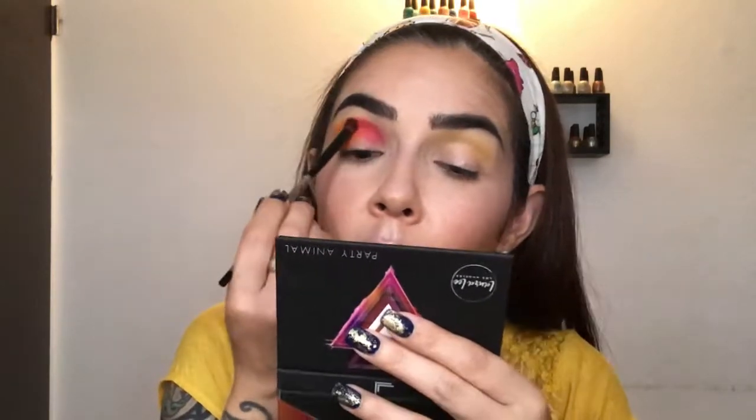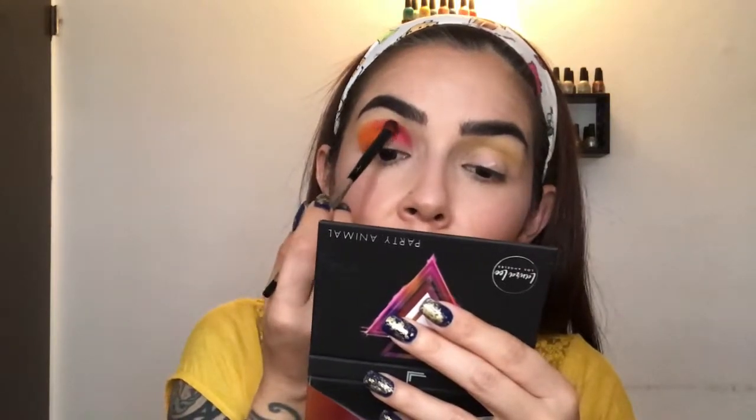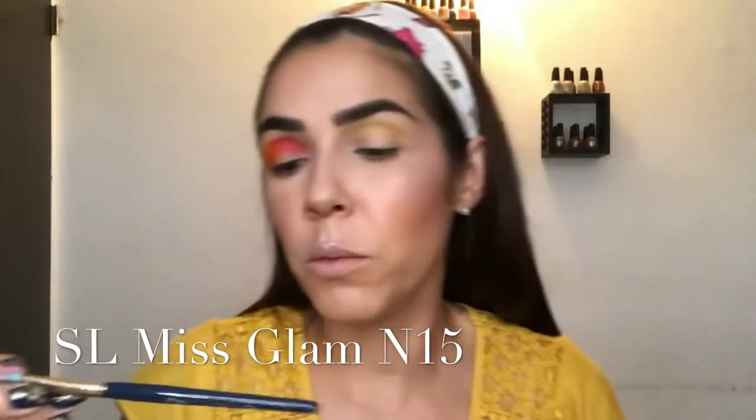This shade has a little bit of shimmer in it. The other 2 shades that I have used are matte, and now I'm going to use, let me see if this brush from the SL Miss Glam helps. I'm gonna use it clean first, and I'm gonna try to blend a little bit the edges